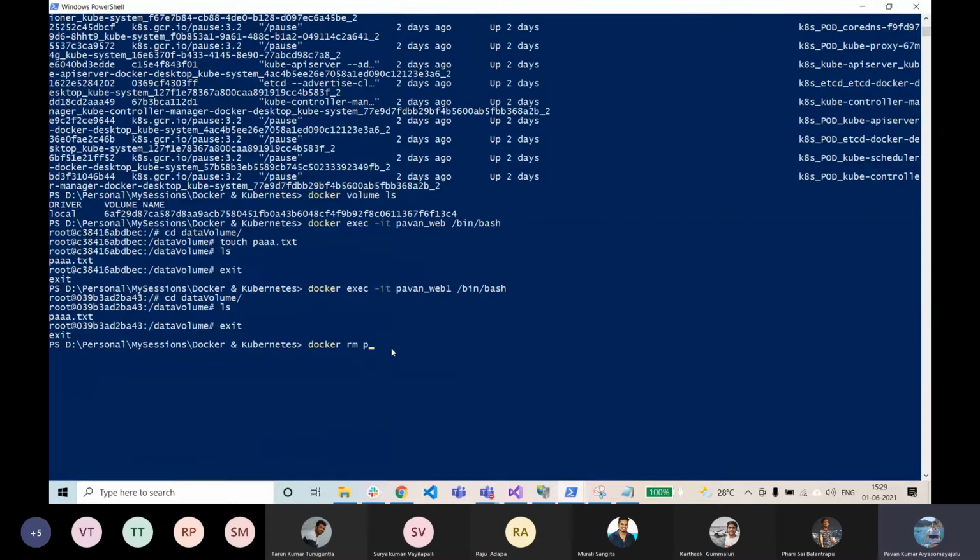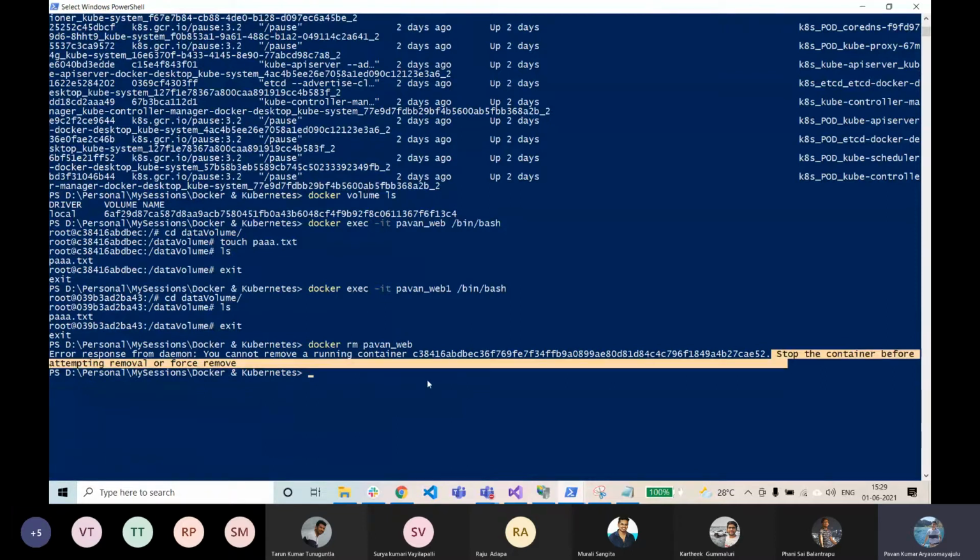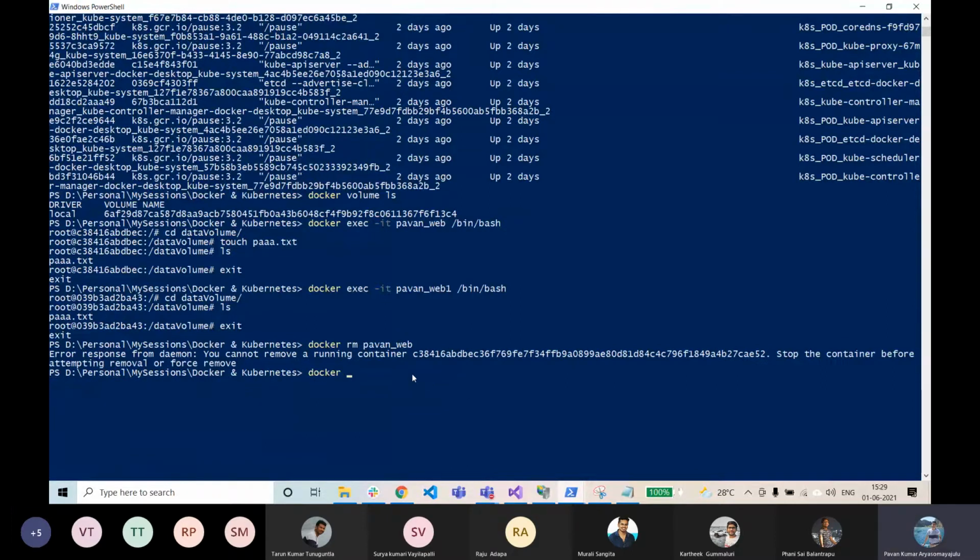So if I try to do it for Pawan_web, it complains that this container needs to be stopped. So docker rm -f is just a combination of these two. It stops the container and then it removes the container. Okay.